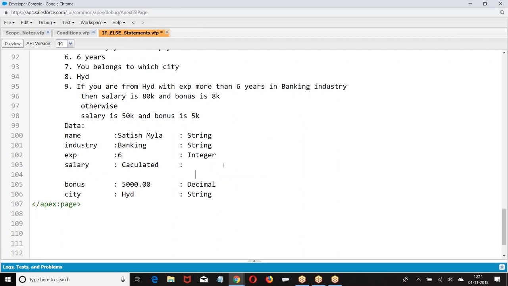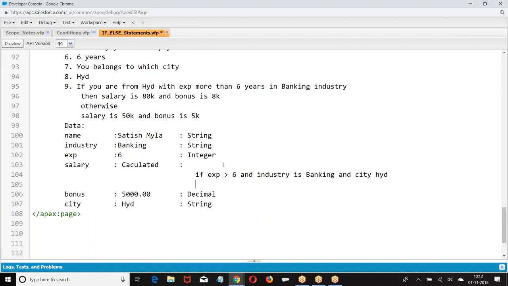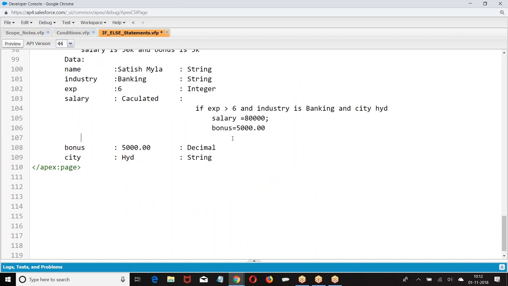They told if experience greater than 6 and industry banking and city is, then they told salary, else the other story. Now you have written the format things. Then according to this, write the program.